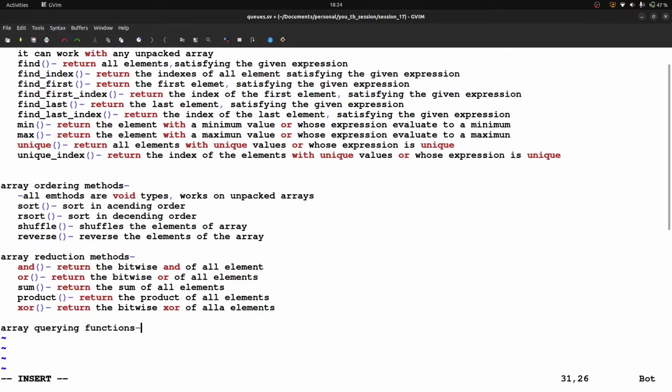Okay, so first method is $left. Return the MSB of the dimension.